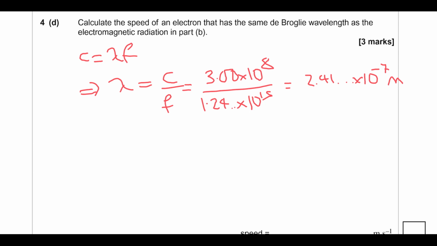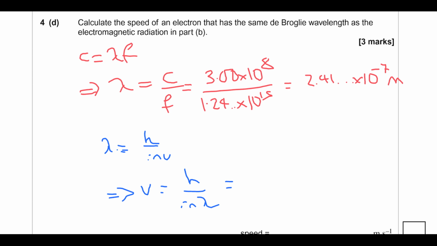Using your de Broglie equation, wavelength is h over mv. So v is h over m lambda. So that's going to be 6.63 times 10 to the power of minus 34 divided by, it's an electron, so 9.11 times 10 to the minus 31 times the answer. And that gives us a value of